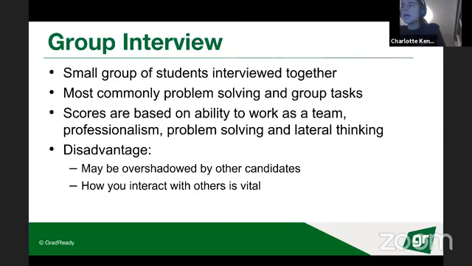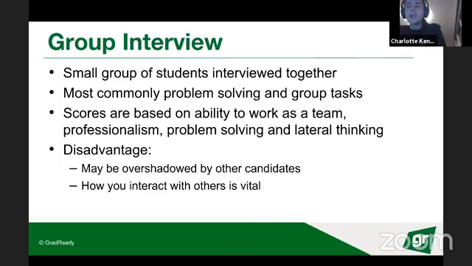And then a group interview, again, this one's quite common at ANU. And it used to be common at Notre Dame, but I think they're moving away from that. And this year, I don't think that group interviews are going to be a feature of the process. But basically what happens is that it's a small group of students being interviewed together. And a lot of the time, you'll have to come up with a novel solution to a public health crisis, or you'll be asked to problem solve a task. So the scores are based on your ability to work as a team member. And the reason why they make people do this is because medicine is incredibly team-based.